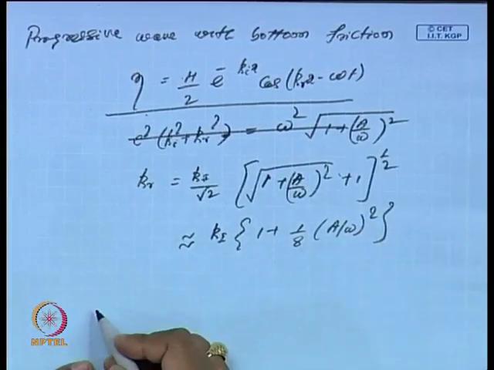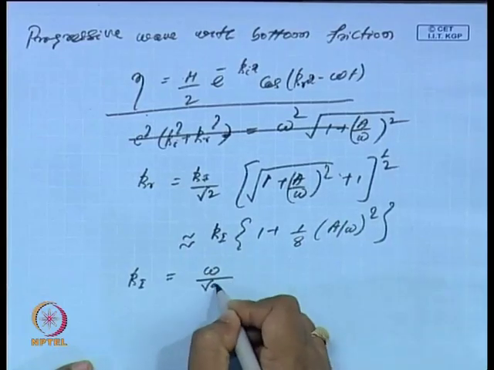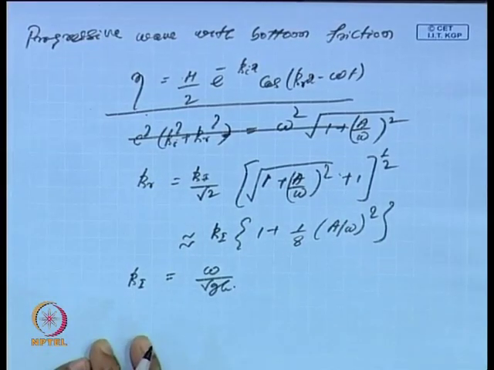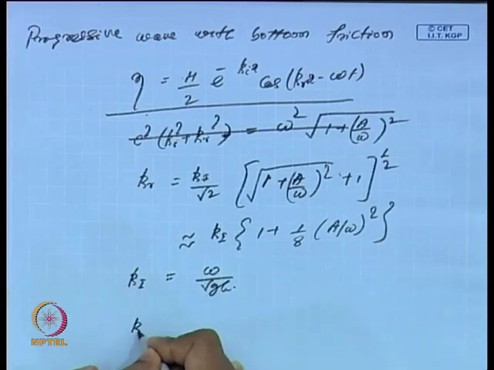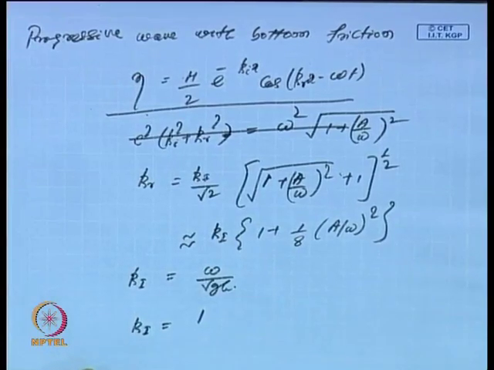Here again, k_i also will be omega by root g h. In addition, we can say that my k_i will be... so k_r is in terms of a, k_i. So again, further if I look at this, substitute for this